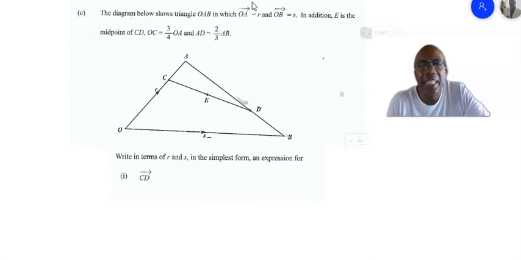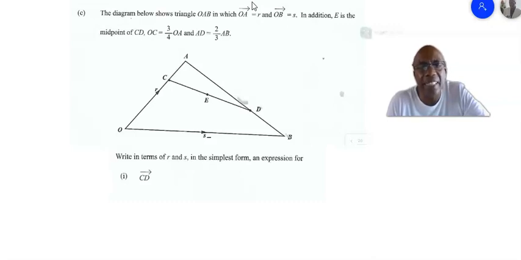In addition, E is the midpoint of the line CD, and OC is 3/4 OA, and AD is 2/3 of AB. So that's what we are given. So the first question says, write in terms of R and S in the simplest form an expression for the